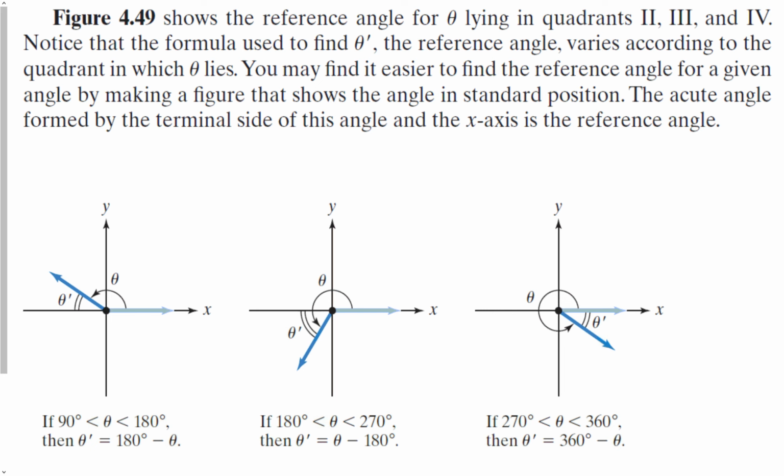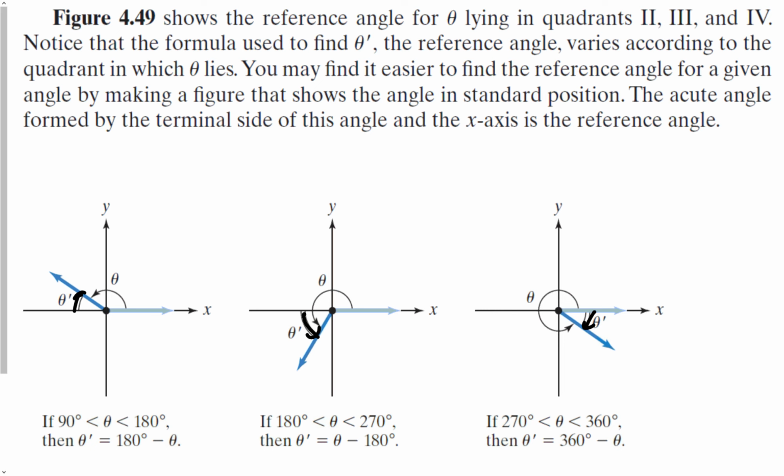So basically, we only need to remember how to calculate reference angles for angles in quadrant 2, 3, or 4. The formulas vary because you're finding the distance to the x-axis. It's this distance here, that distance there, and this distance here. So if I want to know this one, I would take 180 degrees minus theta. If I wanted to know this angle right here, I would take theta minus 180 degrees. And if I want to know this angle right here, I would take 360 minus theta. Right, all the way around minus this theta would give you your